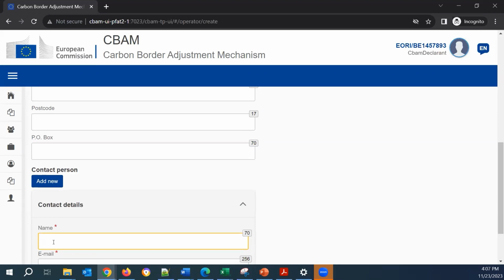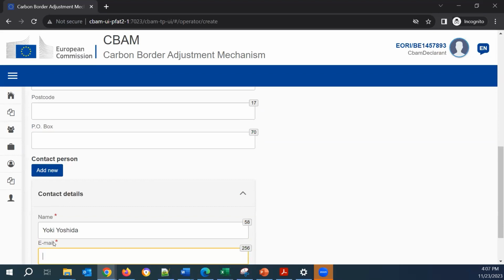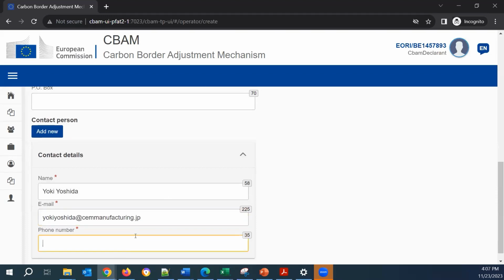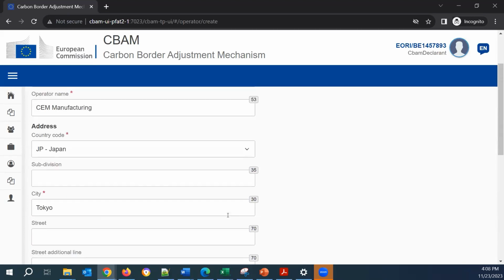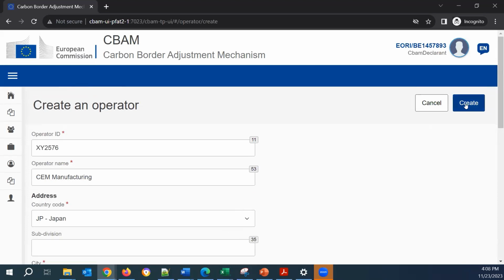This will be Yogi Yoshida, and his email is at CBAM Manufacturing .gp for Japan. Let's put also a phone number. And we are ready to create our operator.